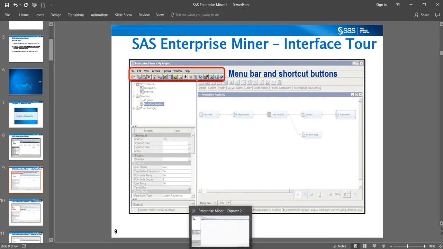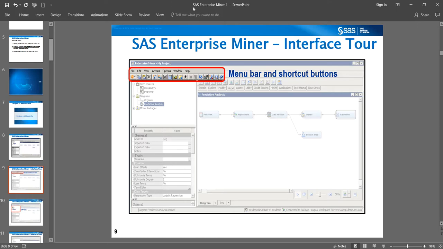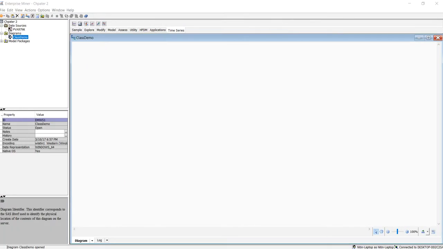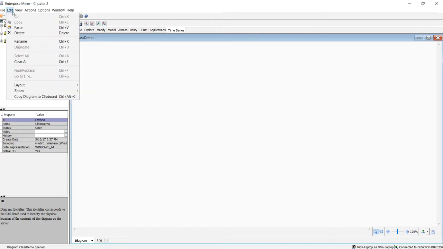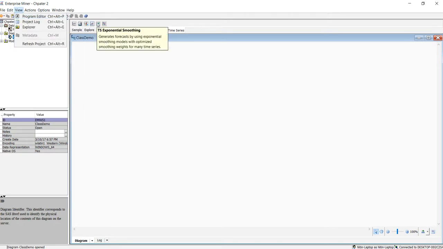Let me open my Enterprise Miner here and move that here so I can show you. Okay, so right here, file, edit, view, actions, that's your menu bar, like in any other MS